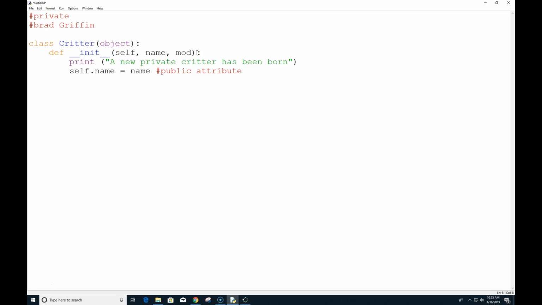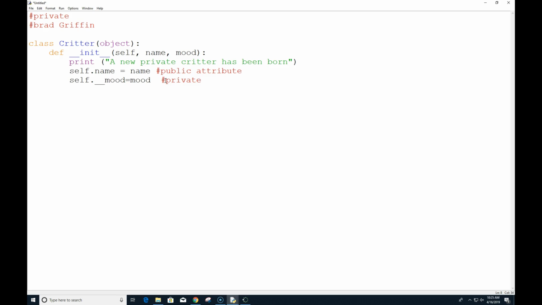We're also going to have one self.mood, and notice I put the two underscores in front of it. We're going to call this one private.